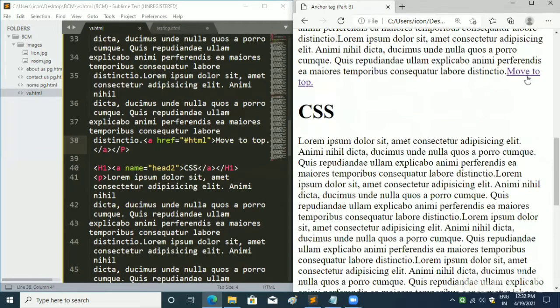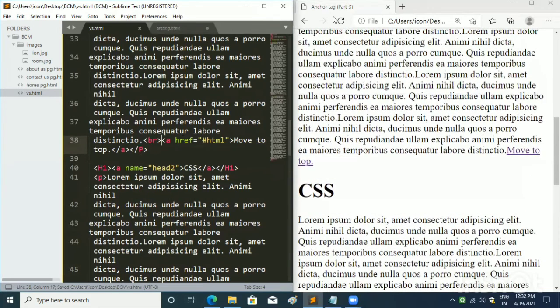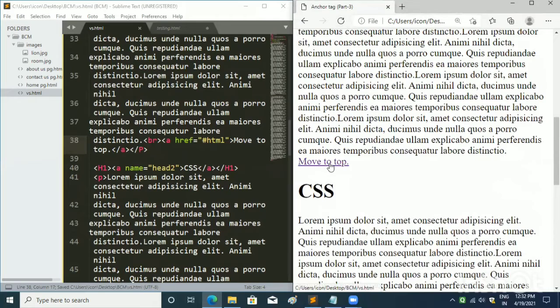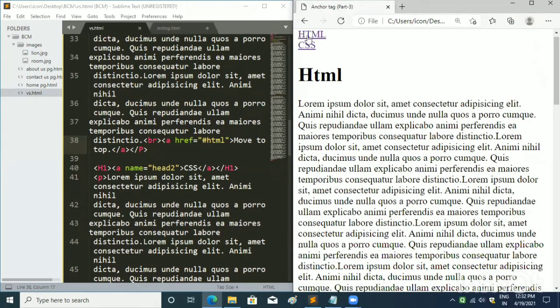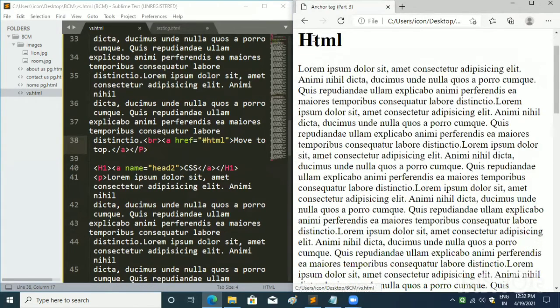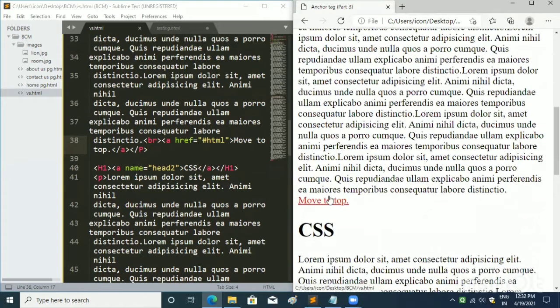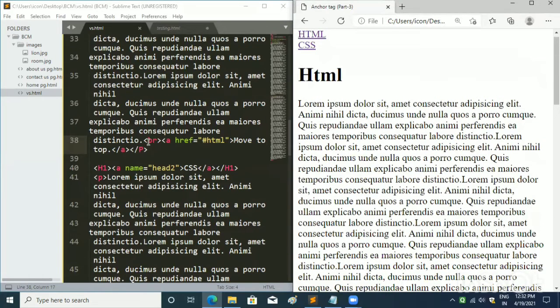I will write BR tag in the document to take it below the paragraph. So now when I save it and refresh the browser, you can see move to top written below the paragraph. So now when you click on it, it takes us to the top of the website.